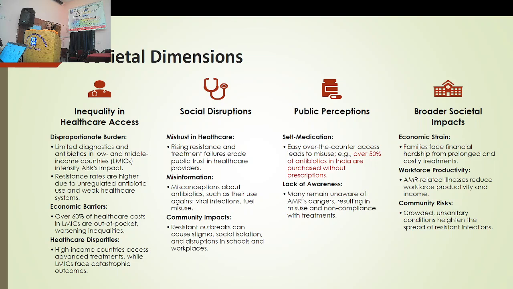That doctor again. So there will again be a mistrust. Then what will happen is misinformation. Because the proper information will not be disseminated, there will be chaos, and then this misinformation will prevail, and it will badly impact the community. Next is that people will take self-prescribed medicine. We are all aware that in India, over 50% of antibiotics are purchased without prescription, which is an alarming thing because antibiotics have so much resistance. Consuming antibiotics without prescription should be prohibited, and